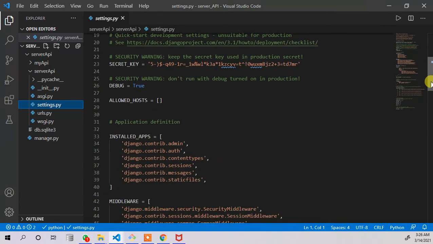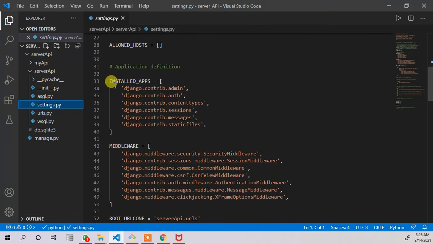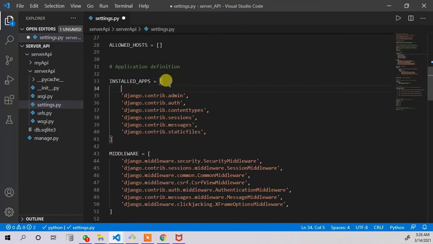We will go inside it, in the section of installed apps. This section contains all the apps running in the Django project. Because we created an additional one, my API, we have to add it into it. So how are we going to add it?